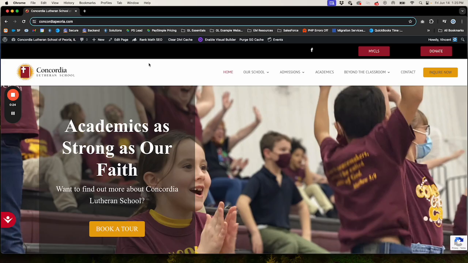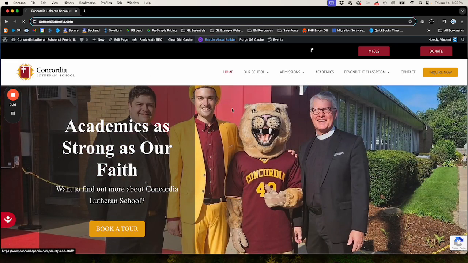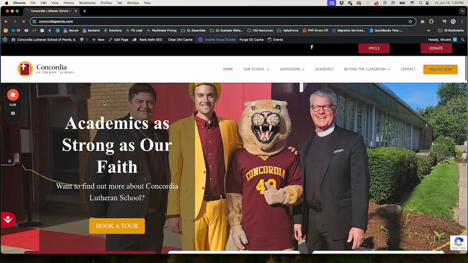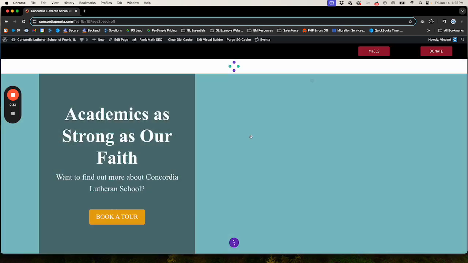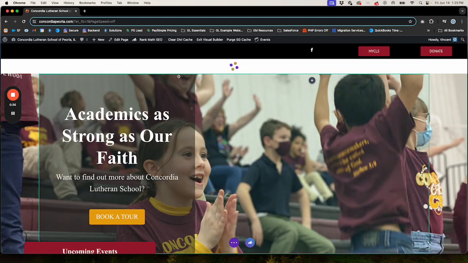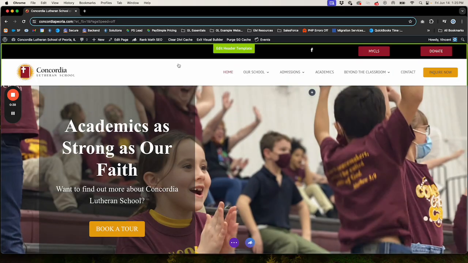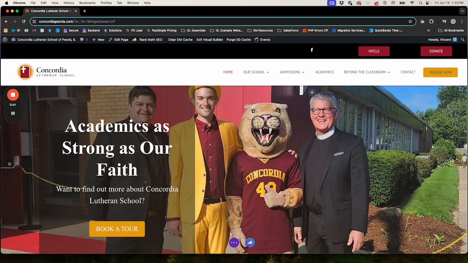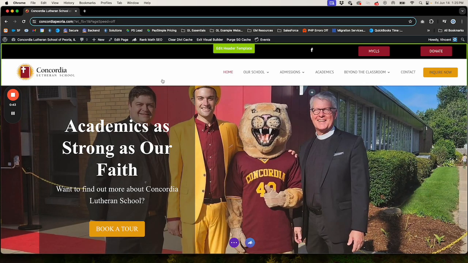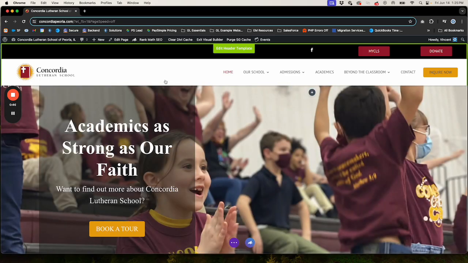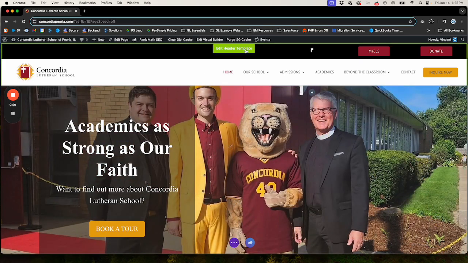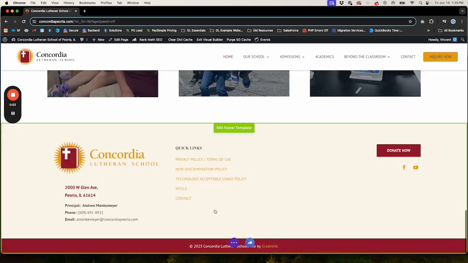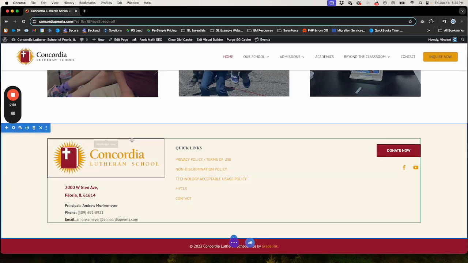Alright, so to take it from the top, we're going to enable visual builder, of course after you've logged in to the site and you're looking at the page with the black toolbar on top. For the global footer or the header, we can access the visual builder on any page. In this case, since it's a global one, it shows up on every page. So if you want to edit the header, you would simply click on Edit Header Template. This appears when you hover over the header section. For the footer, hover over the footer section and click Edit Footer Template,